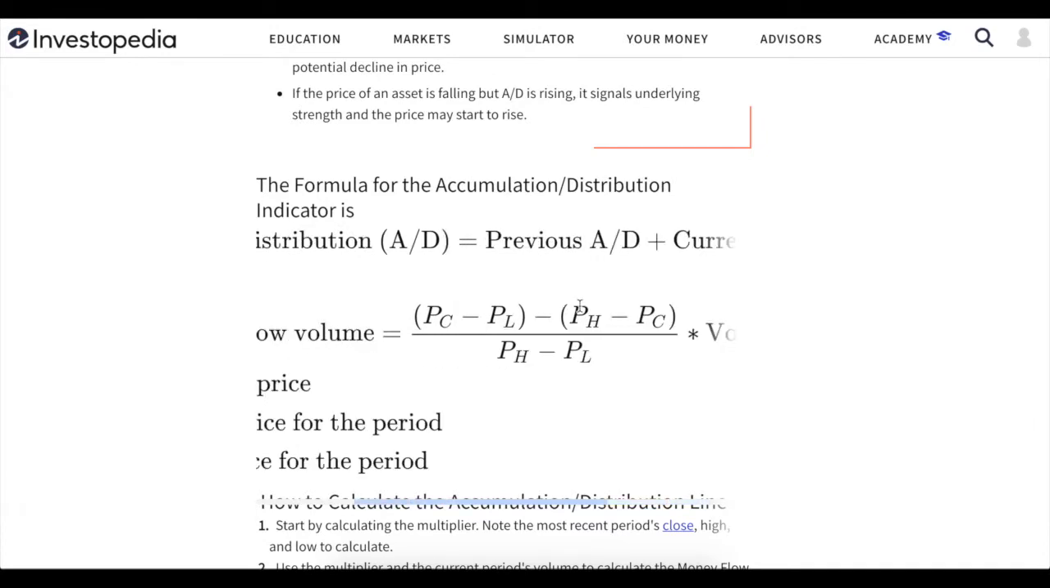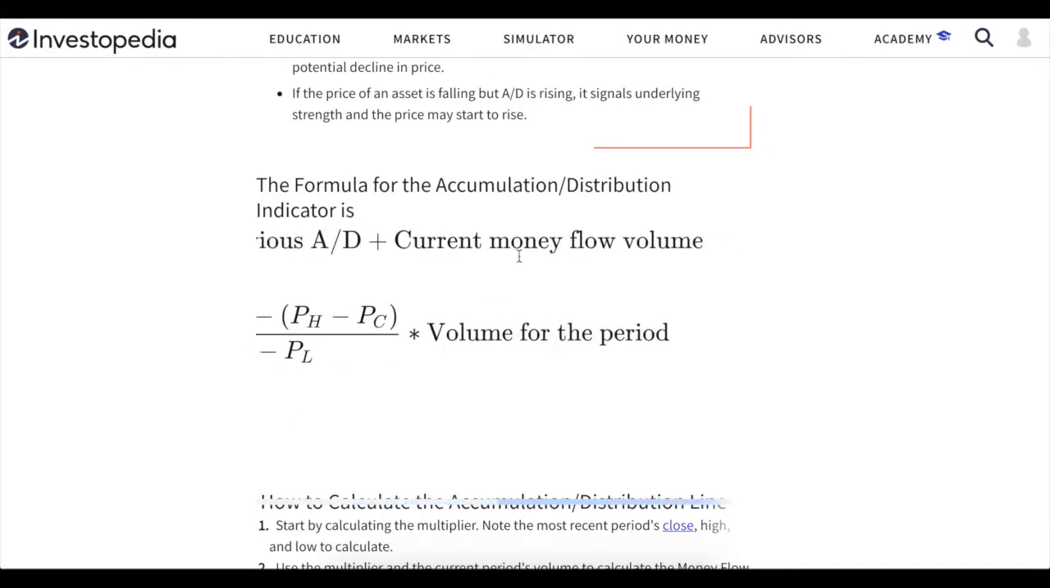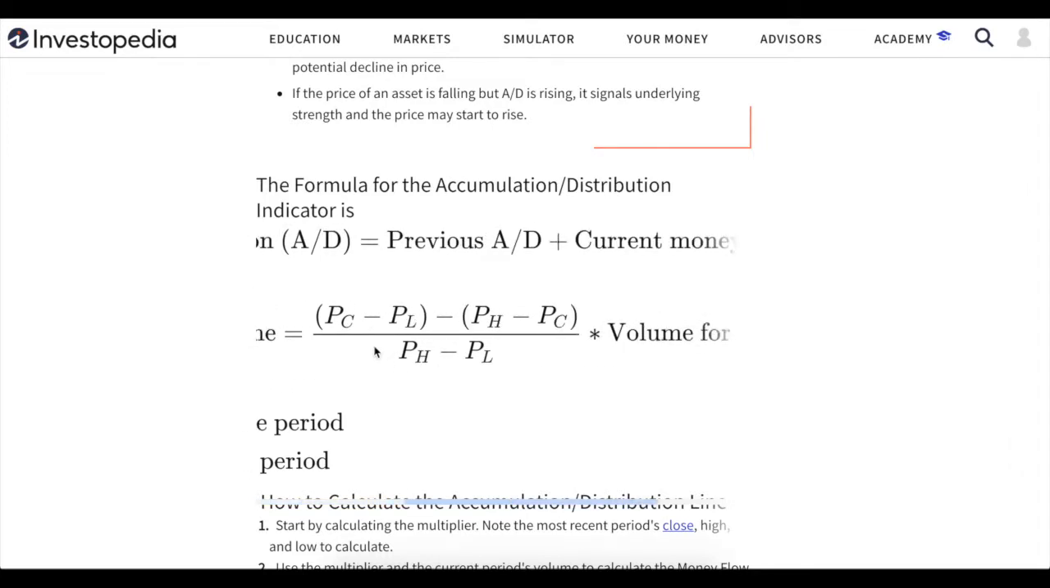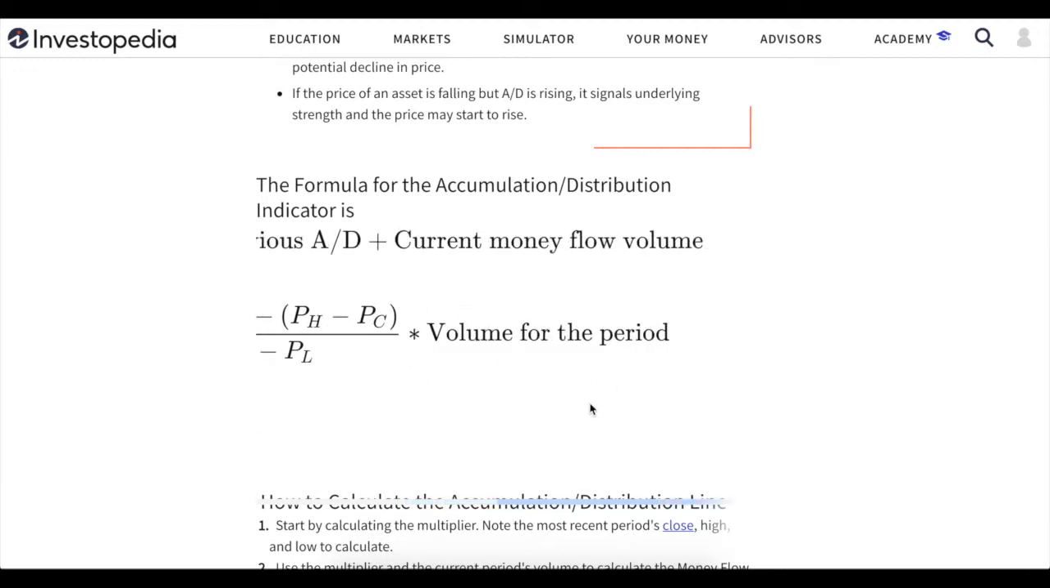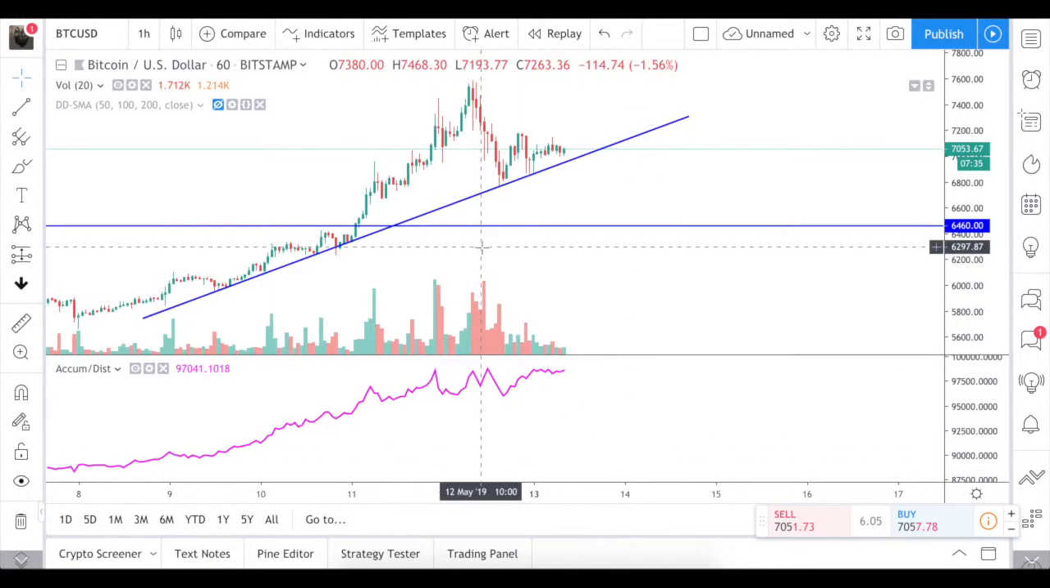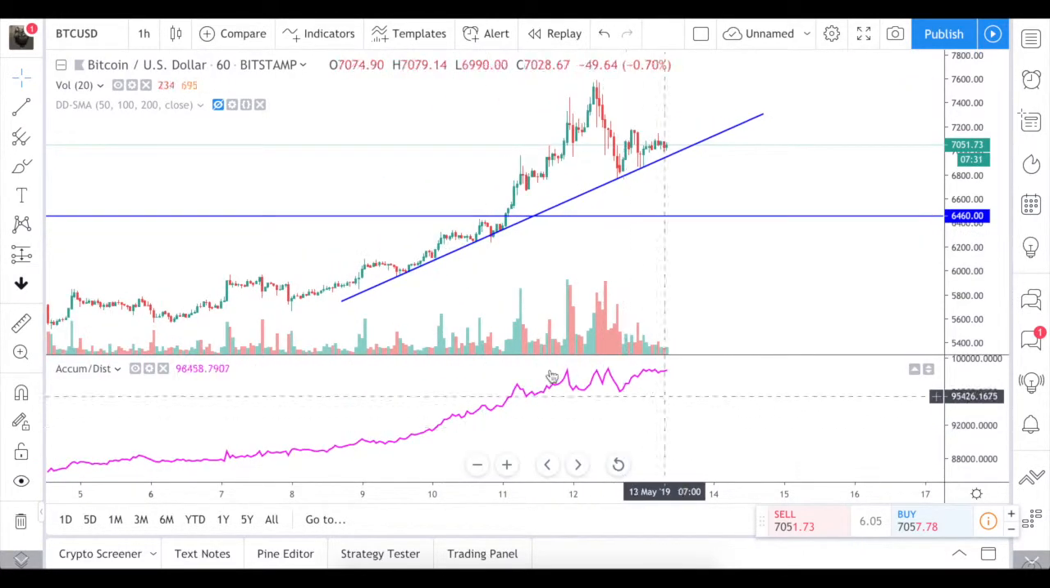Basically it is the previous value plus the new value at a certain point in time, and this value is calculated by this ratio. In the numerator we have two deltas. First is the closing price minus the price at the low, and then the highest price minus the closing price. And in the denominator we have the delta between the high and low of the price. This is multiplied by the volume for this period. So the higher the volume, the more the trend is supported by this volume,